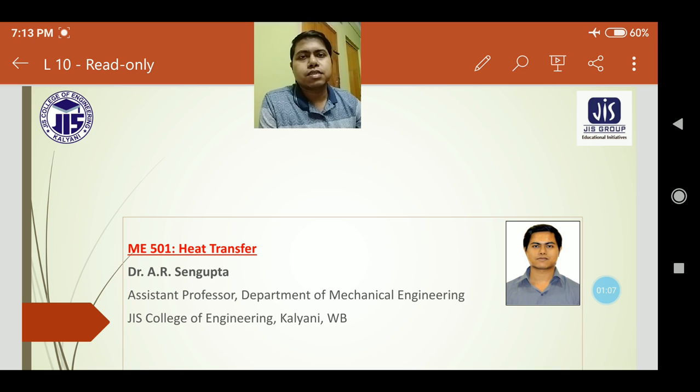Next, while discussing the unsteady state heat conduction or the transient heat conduction, we have discussed the lumped parameter analysis or lumped capacity analysis. There we have got two different dimensionless terms, which are Biot number and Fourier number. And the equation and the derivation for this lumped parameter analysis we have discussed earlier. Now today, based on this concept of fin heat transfer and this lumped parameter analysis, we are going to discuss some critical or complicated numericals. Okay, so let us start this lecture today.